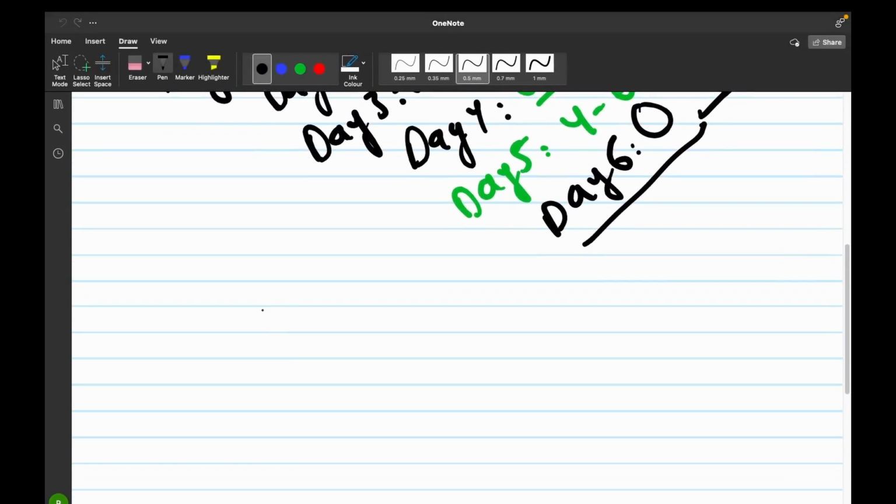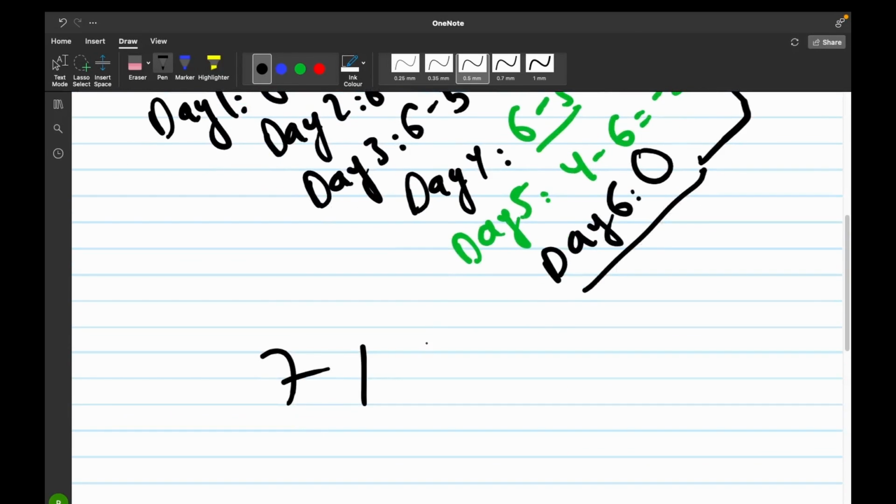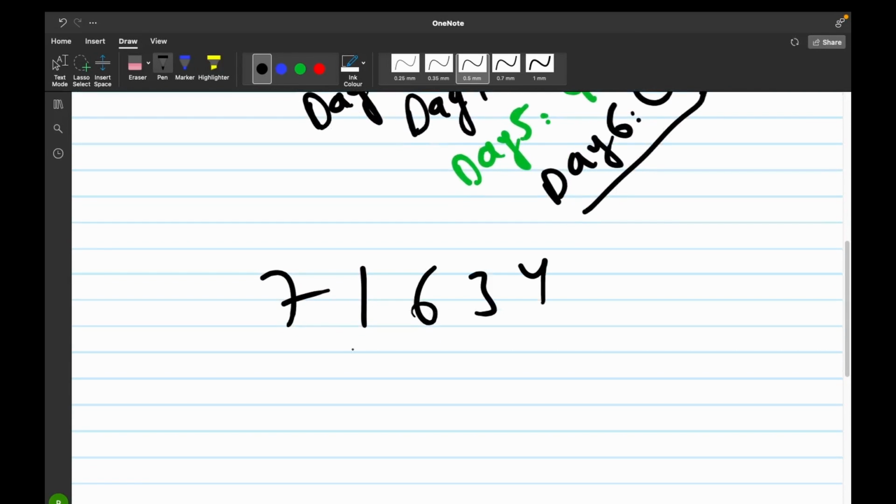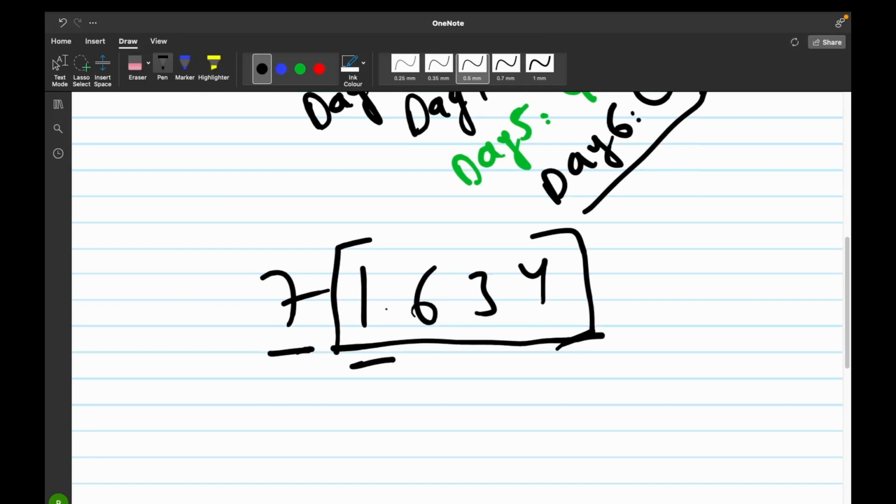for every day, let's say our days were again 7, let's say our days were 7 1 6 3 4. For every day we are comparing it with the prices of the consecutive days. For 7 we are comparing 7's price with the other days, and we are finding if any price is greater than 7, and then we are calculating the max profit from there. And for 1, similarly, we are comparing it with the prices of other days and seeing if any price can yield the maximum profit. Similarly, for 6 we are doing the same.